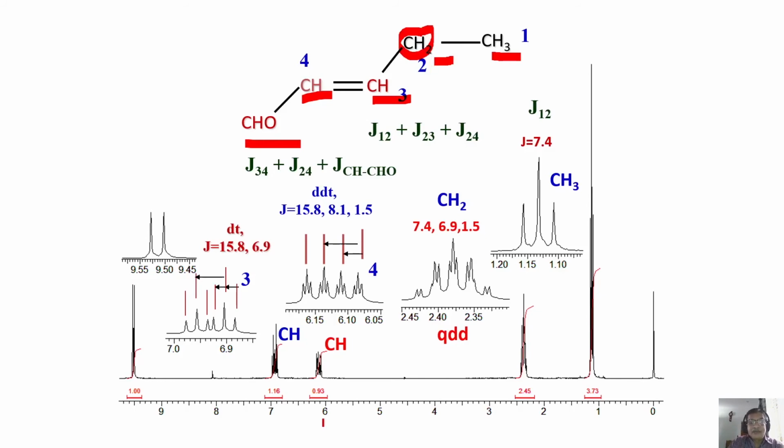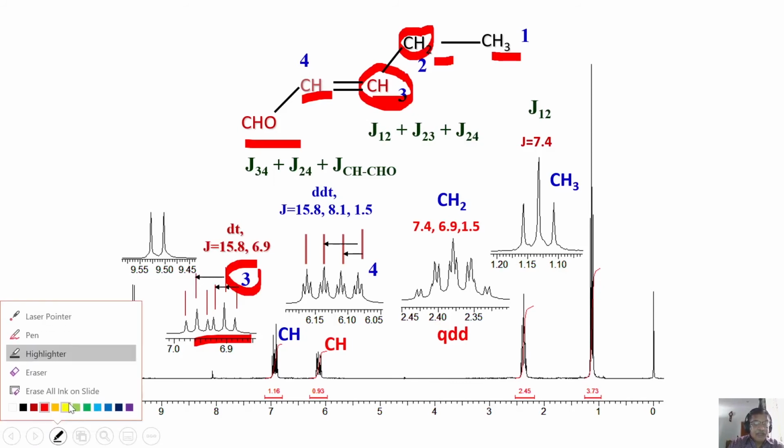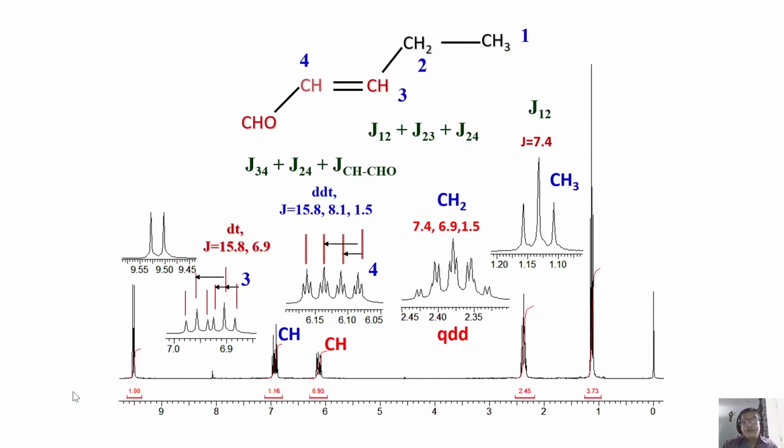Now the CH proton, does it have a long range coupling, 1, 2, 3, 4 bonds coupling with CH3? Maybe it is not seen here. That's the reason why the CH has to be only a doublet of triplets. So this is proton 3. So now everything is assigned. I hope you are all with me. I hope you are not confused. Very simple. I'm going to summarize this.